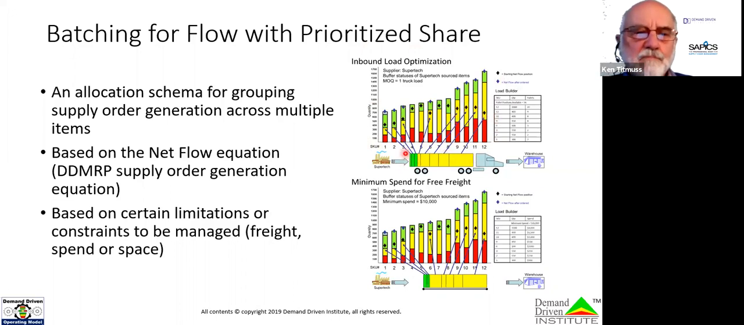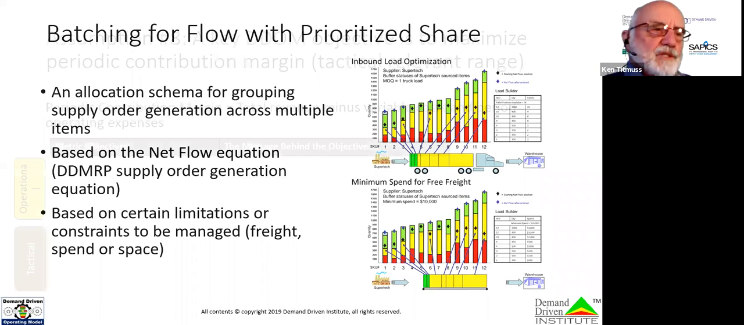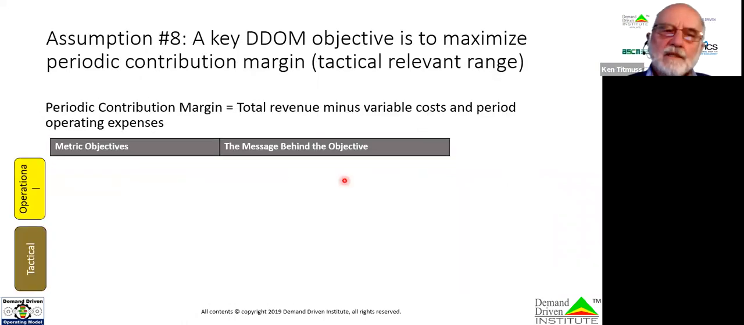But then I've still got some space at the end here. So I'm going to look for those items where the net flow is at the bottom or close to the bottom of the green zone, and I'll put those on the truck as well so that I've got a full truckload. And we can do the same based on a spend value. If we're looking for free freight, for example, might be something that we're looking at. So we have this prioritized share,